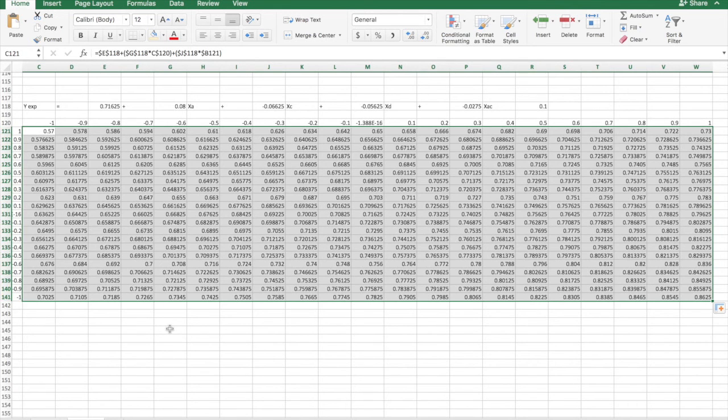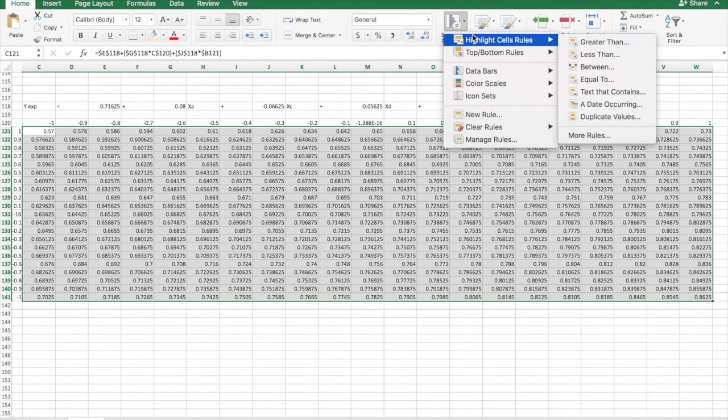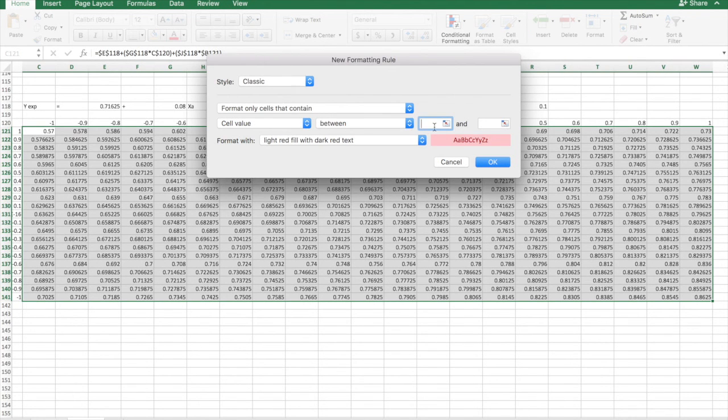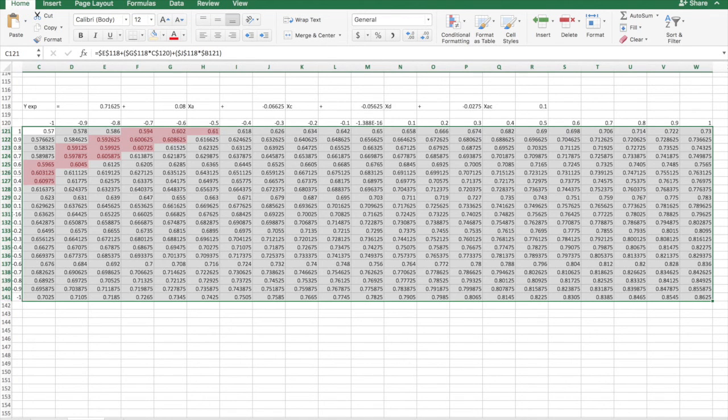We're going to do conditional formatting between, so I would say 0.6, between 0.59 and 0.61, and then the next one would be between,